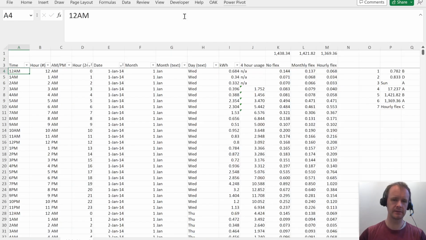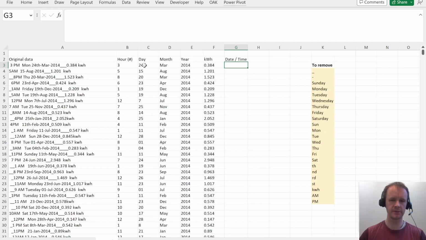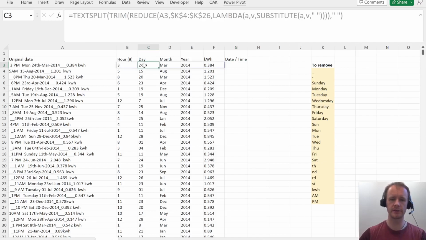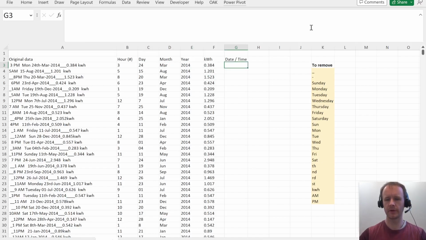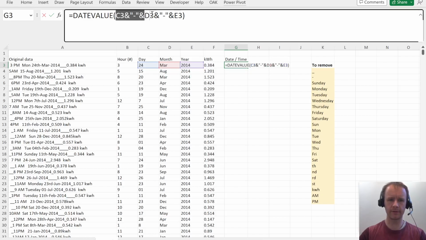So let's see, I think I did the date value. Oh no, here I just did find and replace. So all right, let me show you quickly two ways to turn this into a date. Option 1 is you can say date value, this and this and this. So basically, convert this into a date. Sorry, gotta get the whole thing. Convert it into a date string, which is going to look like,